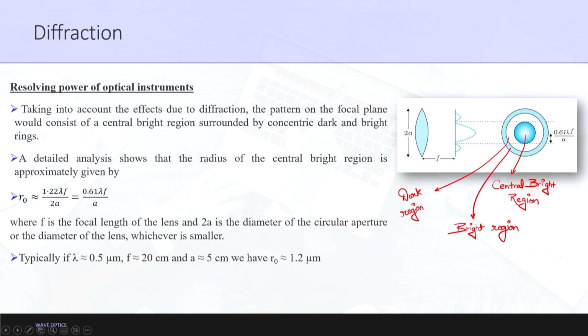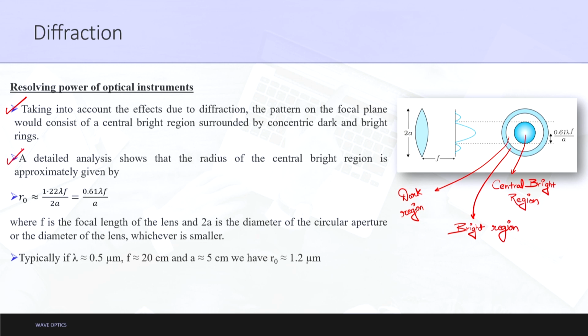Taking into account the effects due to diffraction, the pattern on the focal plane would consist of a central bright region, as you can see, surrounded by concentric dark and bright rings. This is the concentric dark ring and this is the concentric bright ring. A detailed analysis shows that the radius of the central bright region is approximately given by